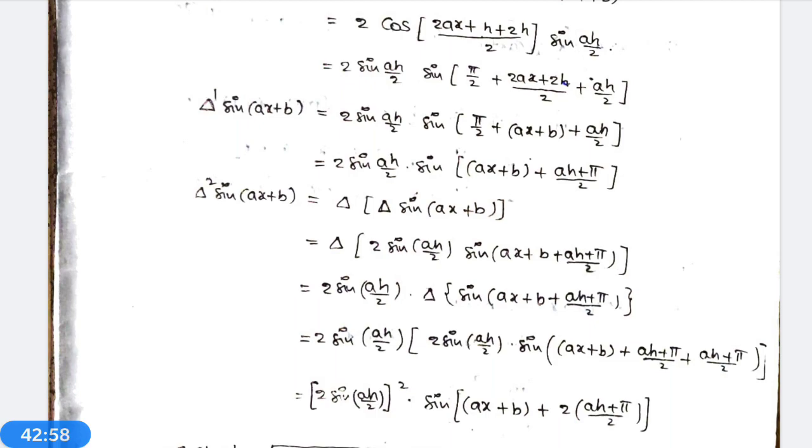Therefore, 2 sin(ah/2) into sin(pi/2 + ax + b + ah/2). That is why it can be written as